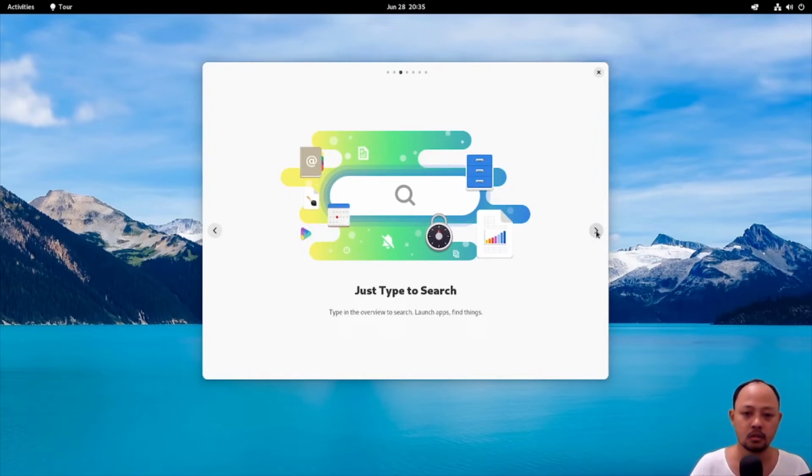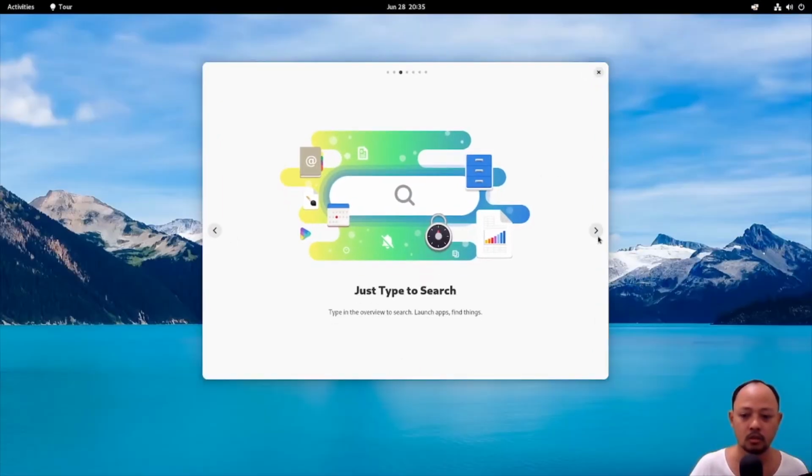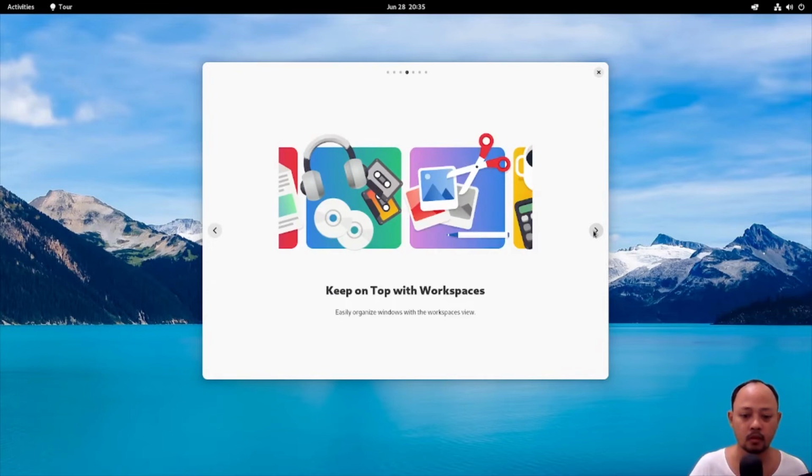Okay, just type to search. Where? Okay, maybe, wait, sorry, maybe it's in here. Search. Okay, and then keep on top with workspaces.